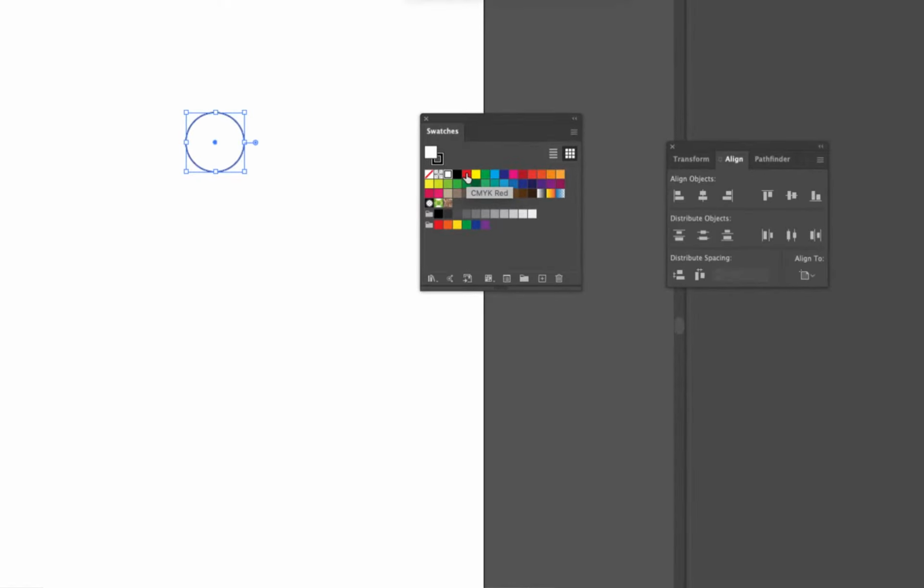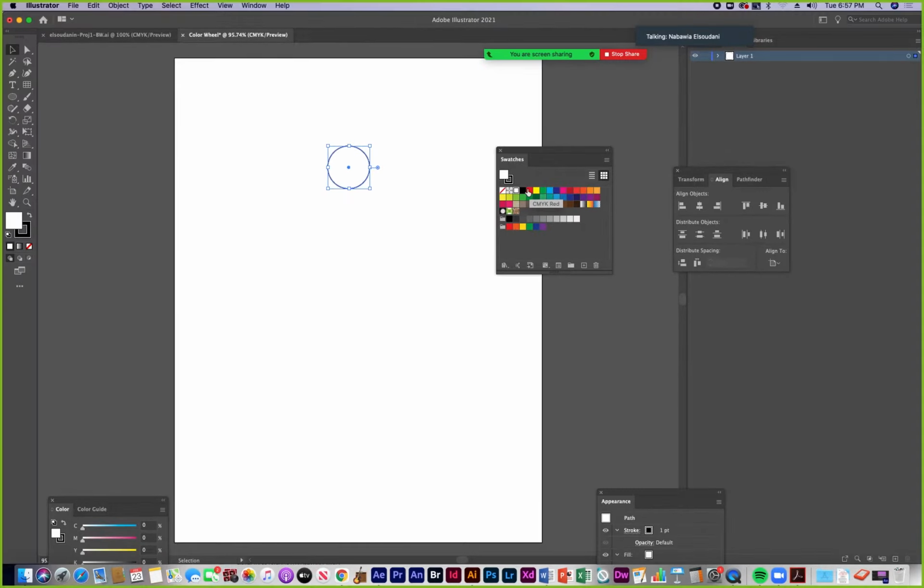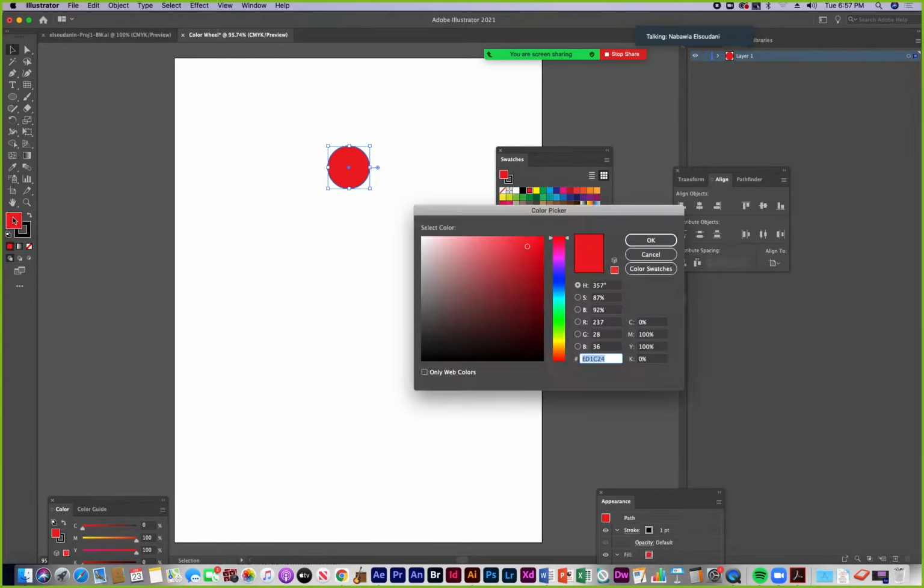And if it says, like in this case, CMYK red, there's no question that this swatch is going to print red. It's not going to end up orange. If I go over here to the color picker, double click, and choose my own red using this hue slider, and I say, oh, I like that red, there's a chance that the red I've selected could end up more like a violet. I could get results that are unexpected when I choose my own color.